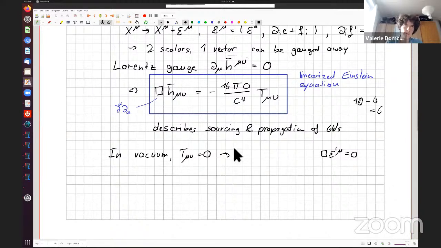This is exactly the same as the way it works in electromagnetism. So, residual gauge freedom, where I recall that with gauge here, I'm always referring to these coordinate transformations of general relativity. There's no abelian or non-abelian groups, no U1, SU2, none of that. It's really just the GR symmetry that we're talking about. And to fix this residual gauge freedom, we can use a very simple prescription in vacuum. This prescription is called the transverse traceless gauge.